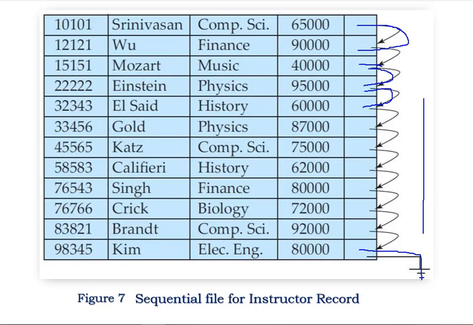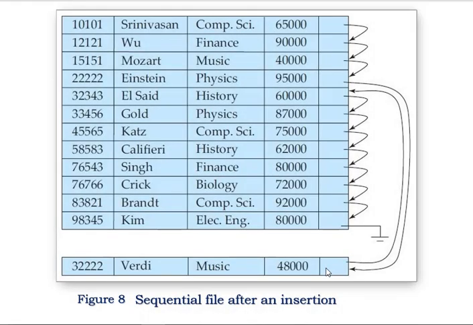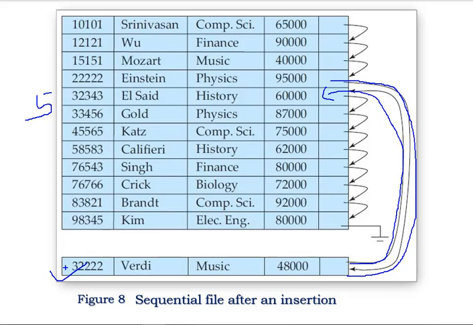What if I want to store a record in between? For example, suppose I have one new record and I have to store it somewhere in between these records. Let's see how it is done. Consider that we have a new record and we have to store it at the fifth position. Now the fourth record will point to the new record, and the new record will point to the fifth one. So this record will be inserted at the fifth position. Even though physically this record is stored somewhere else, logically it is now in sequence.